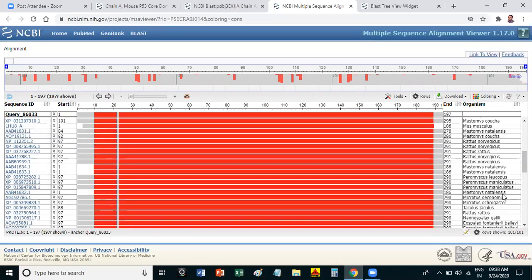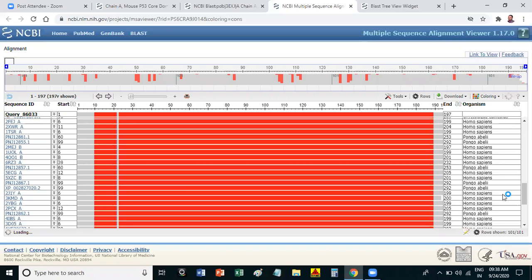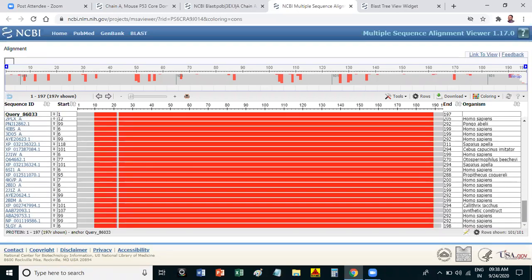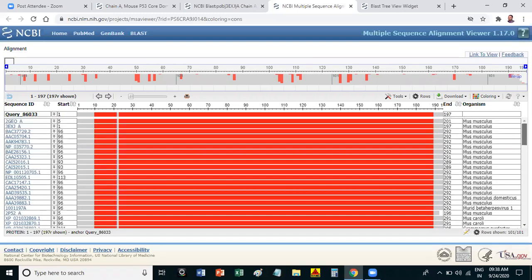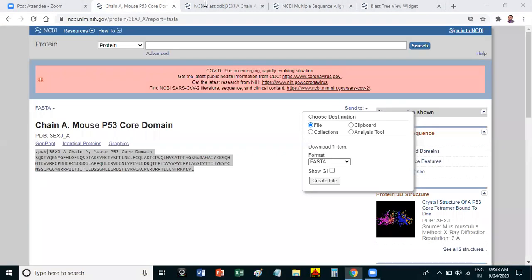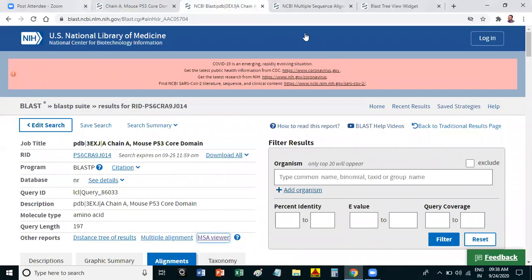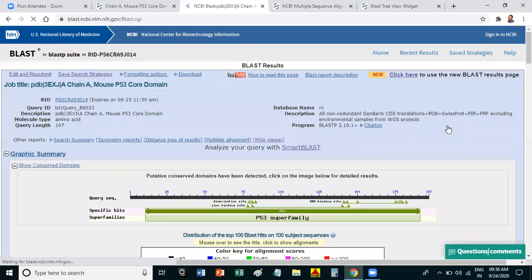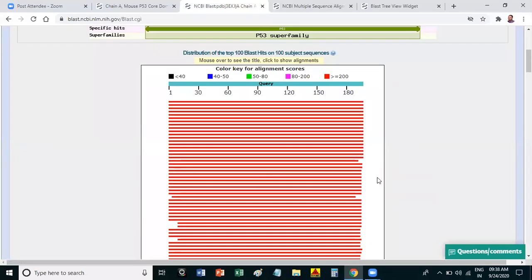I'll show you on the first page only. If you just click on back to traditional result page of BLAST, just click here, this particular thing.